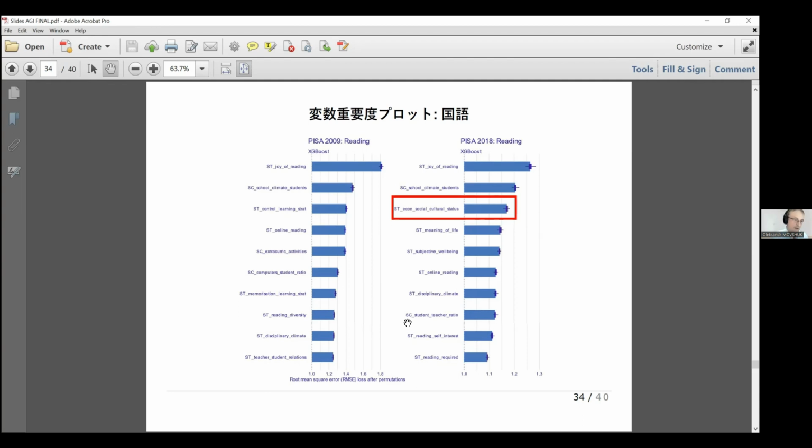So even though the model is complicated, we can calculate the relative ranking of explanatory variables, and the socioeconomic variable, unfortunately, became even more important. It used to be quite important, but now it's among the top 3 most important variables with respect to student